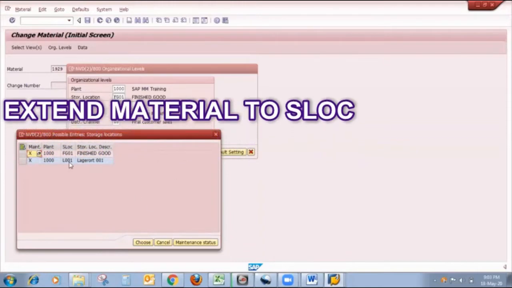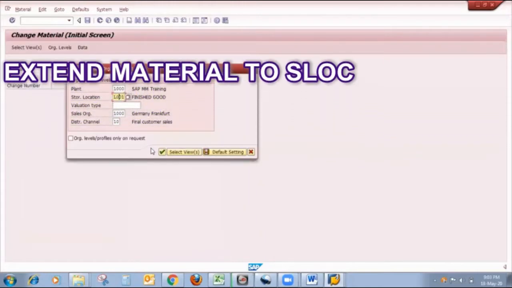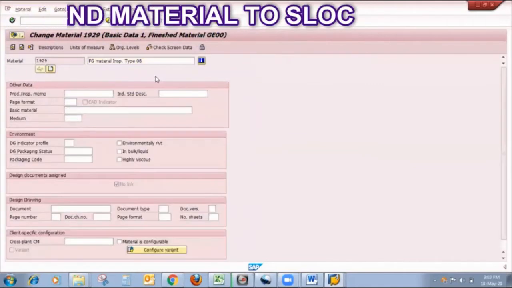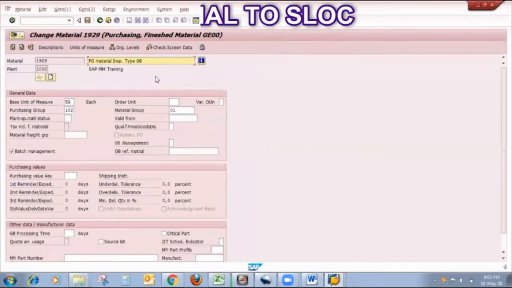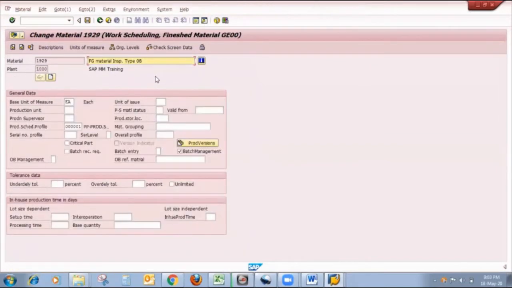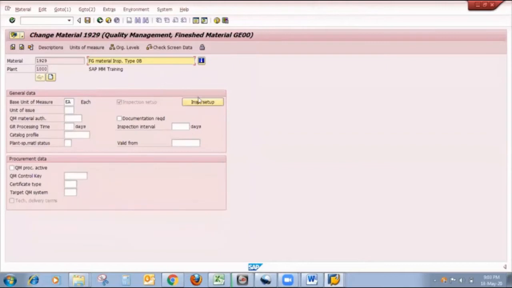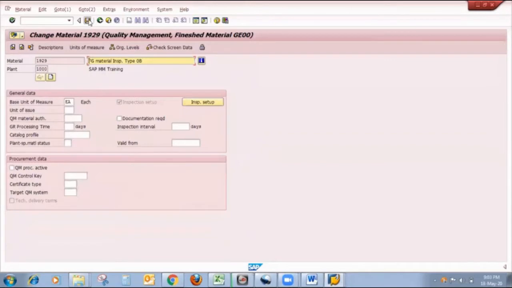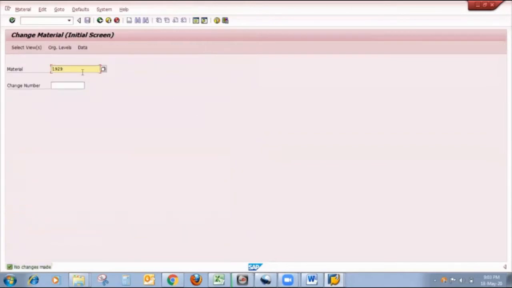I also check for L001. Here all views are properly extended. For checking purposes, I checked it. Yes, no problem.